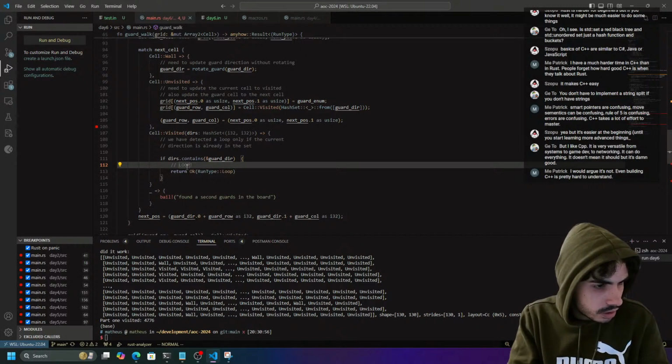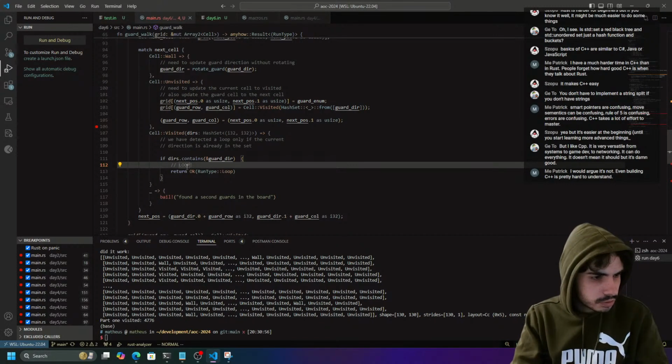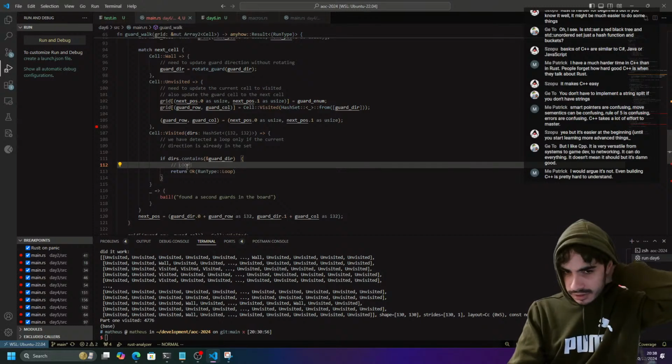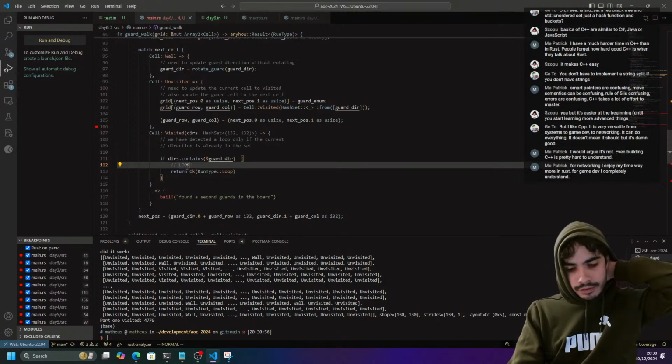I would agree. I would argue it's not. Even building C++ is pretty hard to understand. Yeah, I mean, with that I agree. Building C++ is hard to get going, right? It's not hard to understand. It's the same logic as building Rust. You need a compiler. You need a compiler for your particular platform. You need to set a target for the